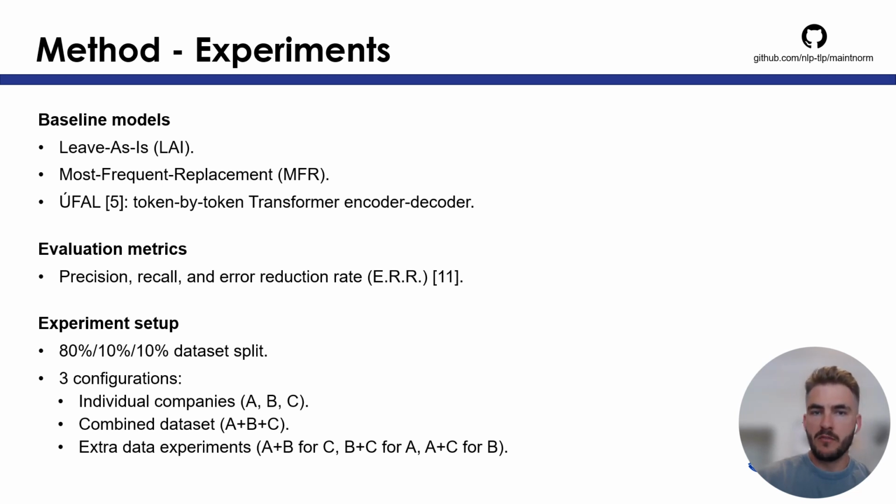We measured the performance of our models and the baselines using precision, recall, and error reduction rate, and conducted 3 different experimental setups. Firstly, we analyzed the performance of the individual companies and then combined the data to observe the industry-level performance of those organizations. Finally, we conducted combinational experiments where we provided varying amounts of training data to each company to reflect the benefit of some companies sharing data to benefit others that do not.